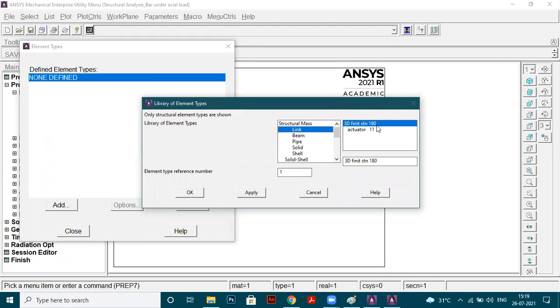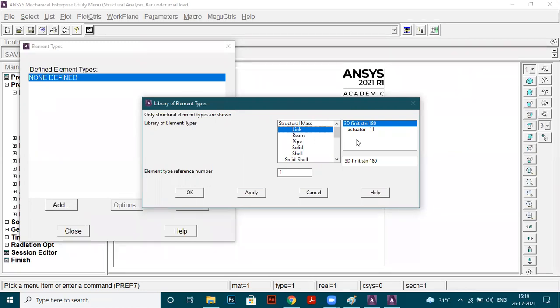It is clearly mentioned in the help section of ANSYS which sort of element is to be used for doing a particular analysis. It is clearly given that if you need to do this analysis, you need to use this element only.